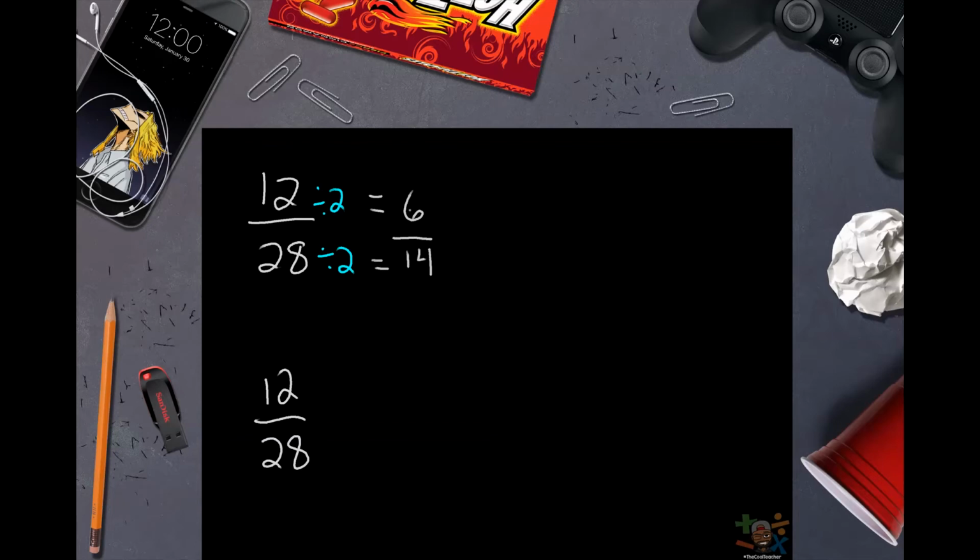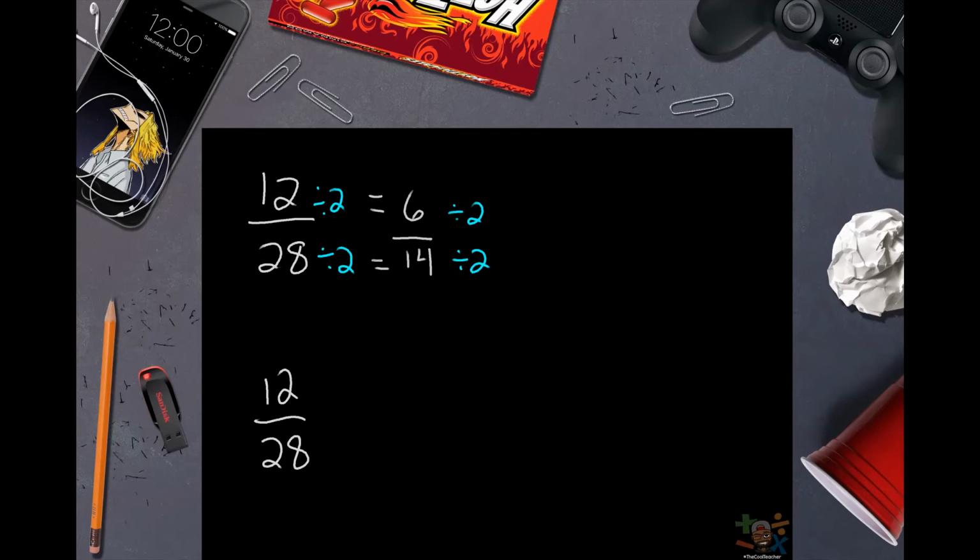Okay, now I did simplify this fraction, but this fraction is not in the simplest form. Remember, we want our fractions in the simplest form, so that means to the point where nothing else can go into both the numerator and denominator. But looking at both 6 and 14, they are still even numbers. So if they're still even numbers, that means I can still divide them by 2, just like I did the first time. So you're probably like, oh, this is a lot of work. Not really. Because all you're seeing is if these are even numbers, and if they are, go ahead and put